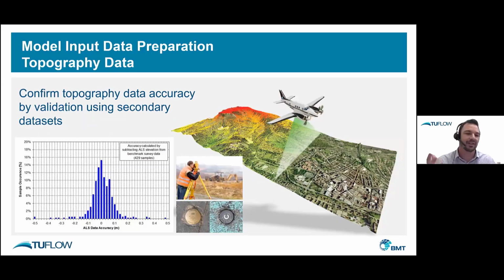I mean, this should be pretty well known. Although LiDAR data appears very accurate, you still need to validate it. Because if there's inaccuracies in your topography data, those inaccuracies will pass through to your flood model. And I always do a check of my LiDAR data against known survey data sets. You know, most councils would have huge survey data sets and also information for all of the survey benchmarks throughout the region. So compare your LiDAR data against that just to confirm the accuracy.